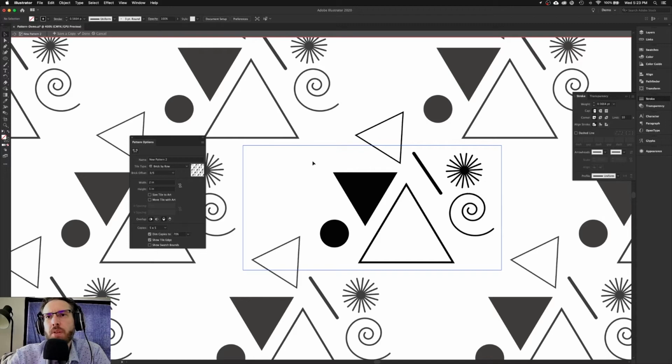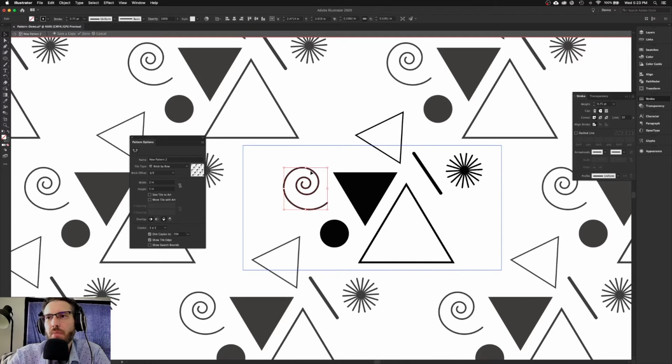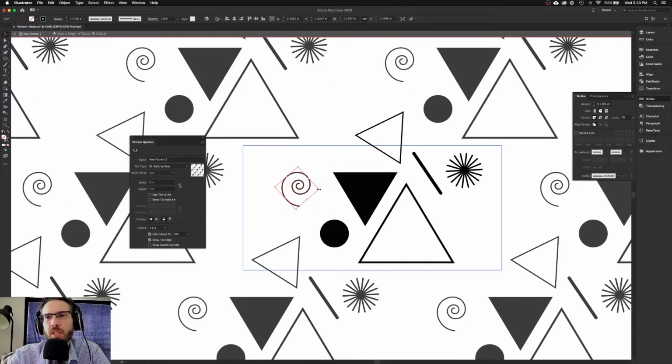And I just want to build out this pattern. Now, I have a lot of stuff going, a lot of individual shapes going on here. I'm going to actually bring my spiral over, maybe rotate it, maybe make it a little bit smaller, and I bring it into this corner,